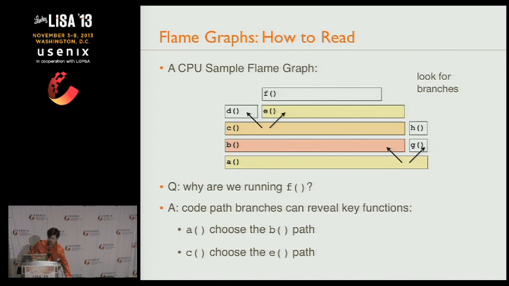Look for branches. And you can see them in the flame graph. So you could describe why did we end up getting to F as A chose the B path, C chose the E path, and that's how we got to F. Those branches are a place in the code where I'm spending a lot of time down one path or another path. And so this might seem pretty obvious, but of all the areas of the code base that you need to study, those areas are the most important.